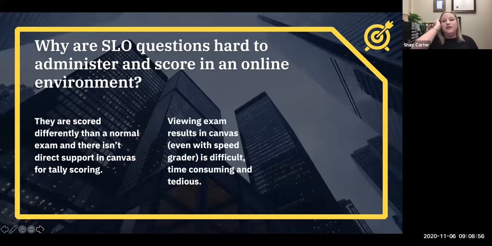Now, also viewing exam results in Canvas, even using SpeedGrader, is difficult, time-consuming, and tedious. So when you're proctoring an exam in person, if you're using a Scantron or you're just using a student score sheet, you can quickly maybe draw lines through each set of questions, mark how many the student got correct, and then quickly go through like a deck of cards and score how many students achieved that successful SLO. But with